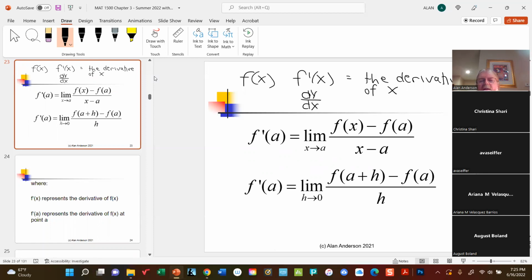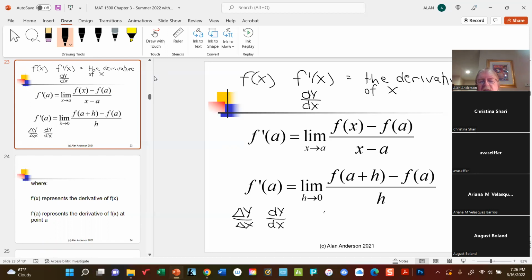Here's what's going on with that d. You're all familiar with the idea that delta y over delta x is the slope of a line. So when we're looking at a tangent line, remember the derivative is defined in terms of the slope of the tangent line. What separates this and this